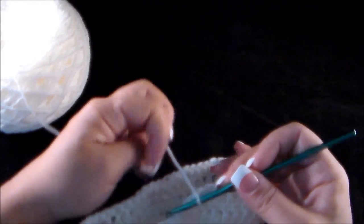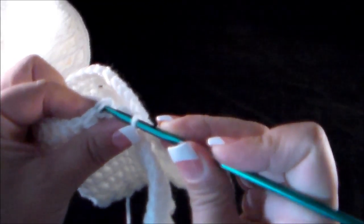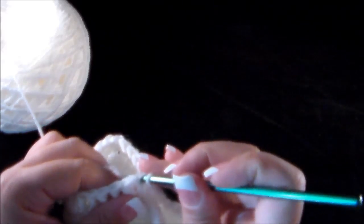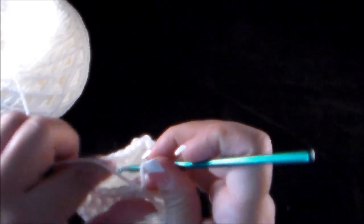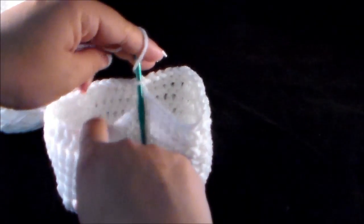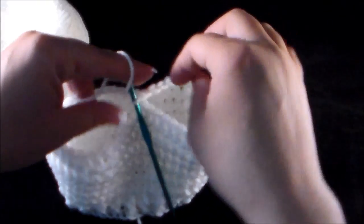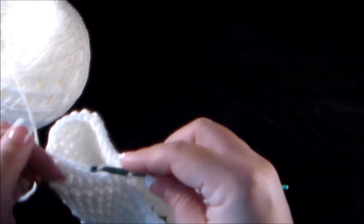So what you're going to do is join it with your chain 2 right here. So you're going to go right into your chain 2 and make a slip stitch to join. Now you just formed your first leg. See that? This is going to be one leg. That's the second leg. So now what we're going to do is chain up 2